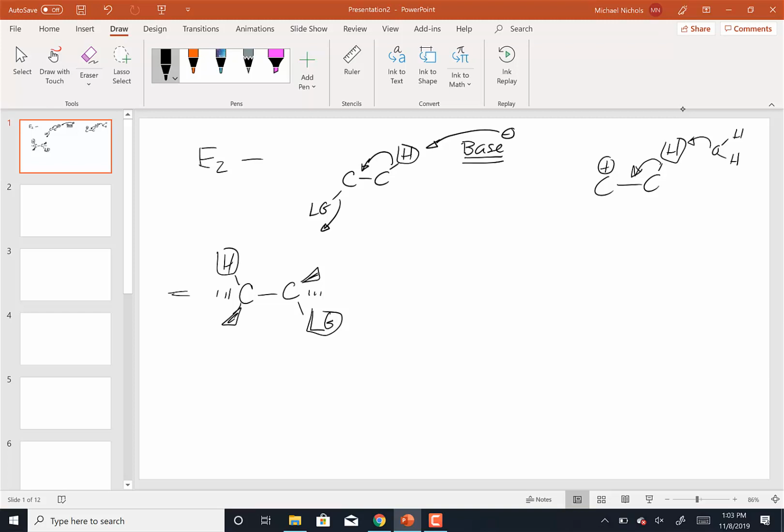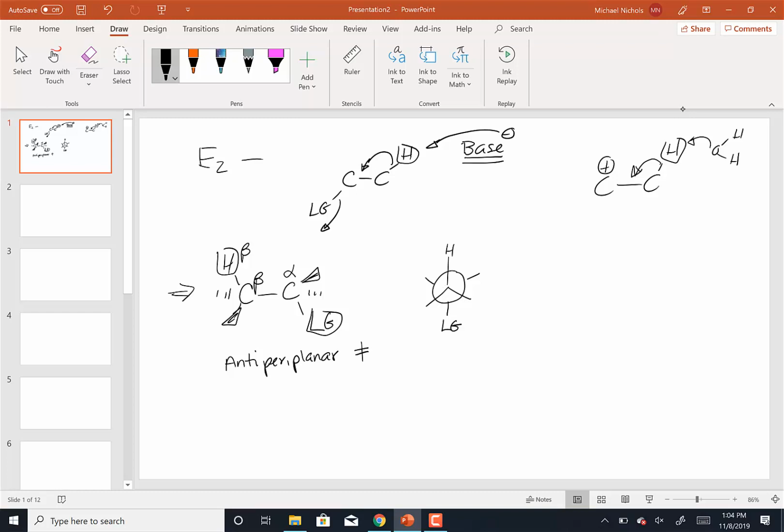So that if I was looking at this molecule down the carbon-carbon bond, my Newman projection would look like this. My beta hydrogen and my leaving group. And remember, this is a beta hydrogen because the leaving group carbon is alpha, and the carbon attached to the alpha carbon is beta. The hydrogen attached to the beta carbon is the beta hydrogen. So that hydrogen must be anti to the leaving group, and this is what is called the anti-periplanar